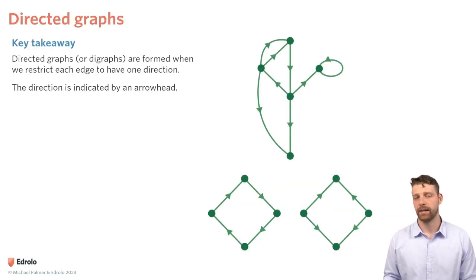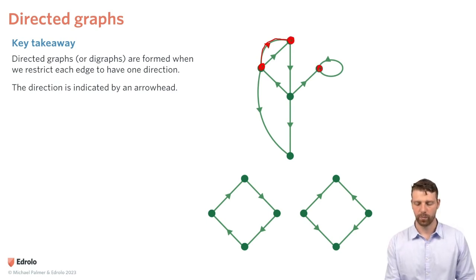All right, before we wrap up, let's have a look at directed graphs. Directed graphs, also known as digraphs, are formed when we restrict each edge to have only one direction. This direction is indicated by the arrowhead. So we can see that this edge flows from this node to this one. We can have a loop with a direction, and that's fine too. Sometimes the arrowhead might be drawn up close to the node, and that's fine, just so long as you know